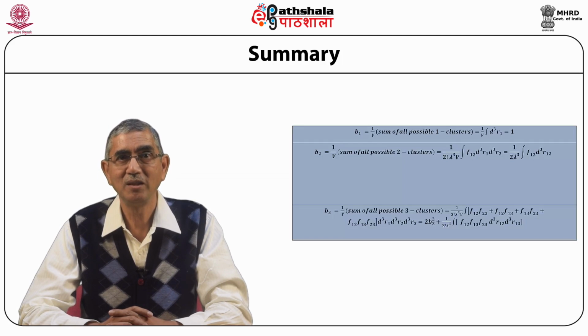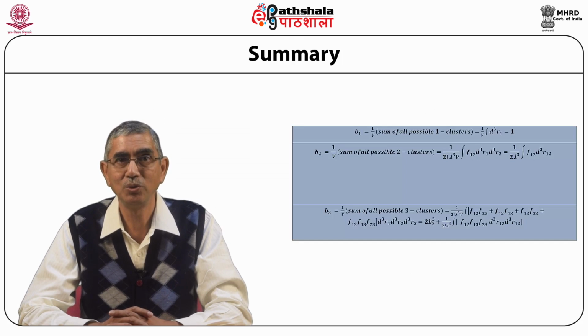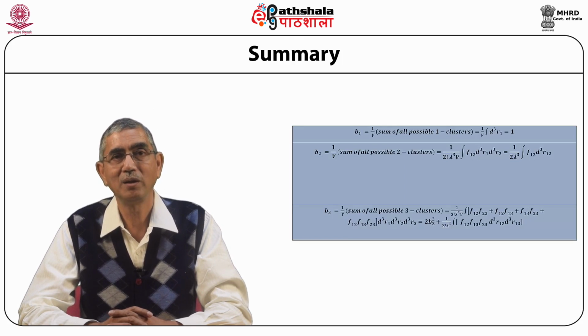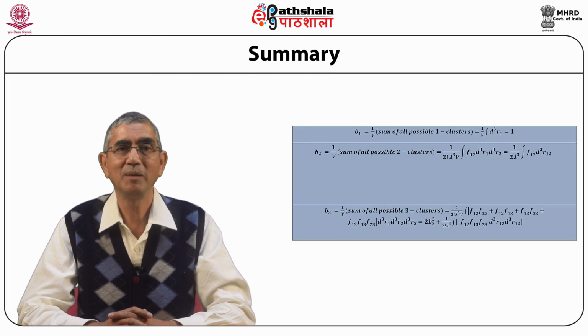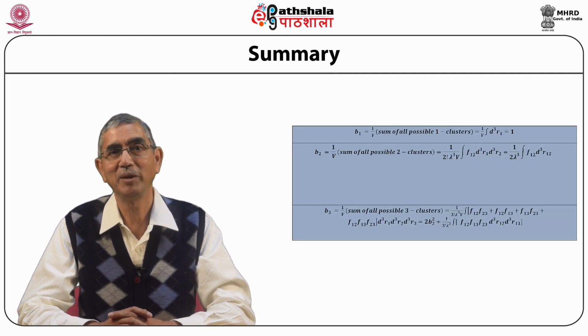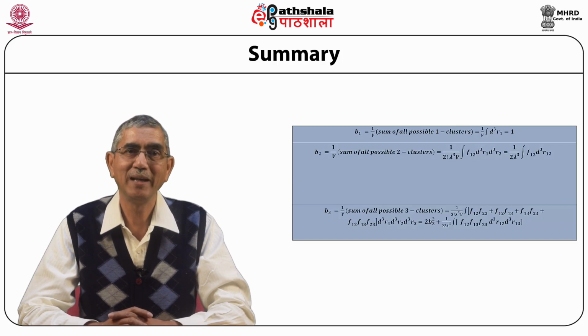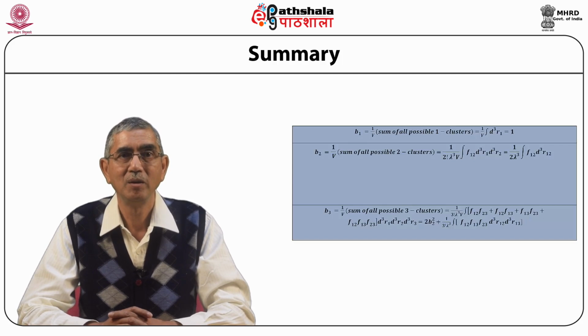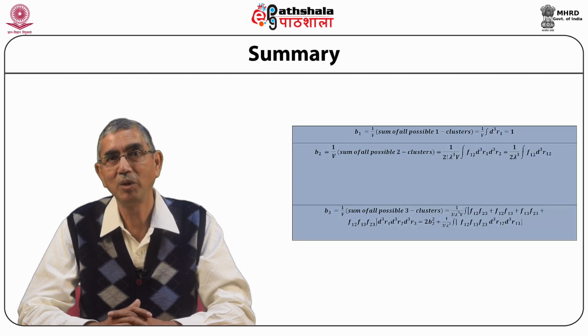Mayer's cluster integral is defined as B_L as a function of volume and temperature, equal to 1 upon L factorial lambda raised to power 3(L-1) multiplied by V, whole multiplied by the sum of all possible L clusters, with B1 equal to 1 upon V sum of all possible 1 clusters, equal to 1 upon V integral of d³R1, which is equal to